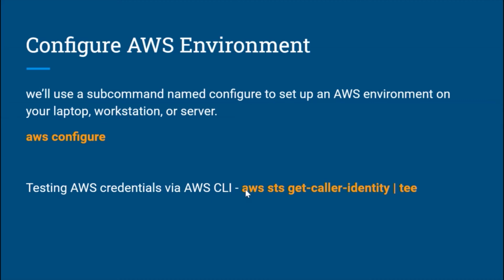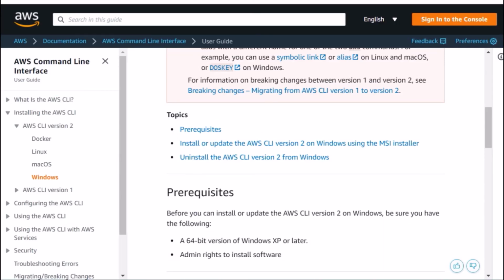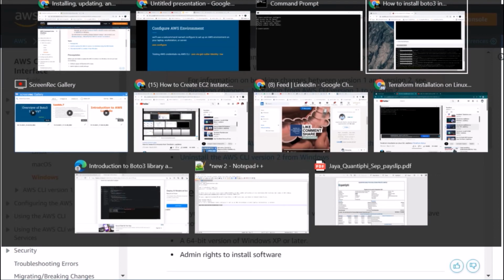You just pass aws sts get-caller-identity with the output format, and you will get the details of your authentication. I will show you that when we are actually working with an AWS account. This is only a demo.